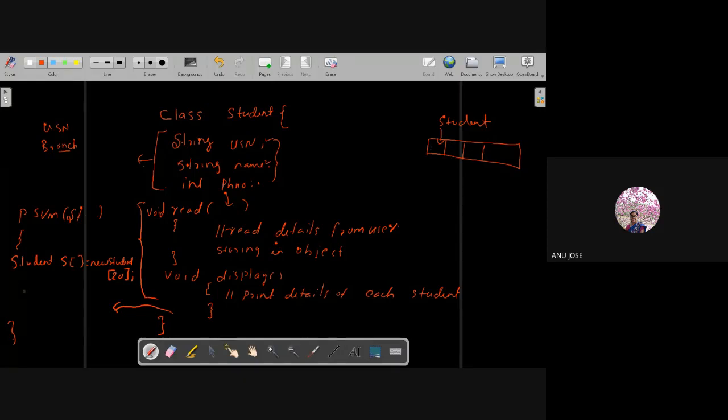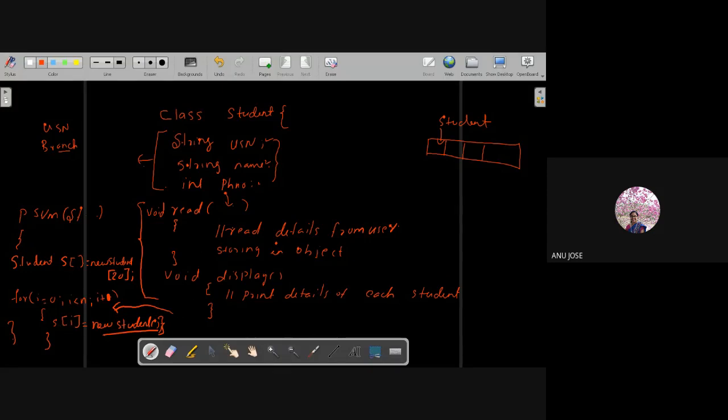So for that, what can you do? Again, inside a for loop, you can do the operation for i equal to 0, i less than n, where n students are there, that is our assumption. So inside that you can write the statement like student S, the array you are having, so S of i is equal to new student with brackets and semicolon. That calls the default constructor. So in each location you are creating an object, and that object is put in the location S of i.